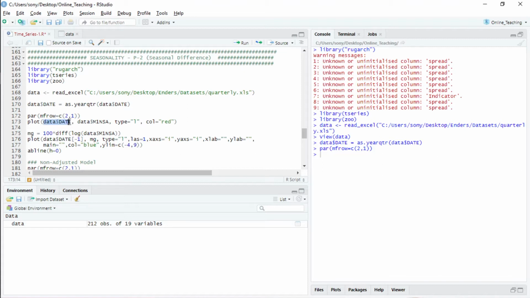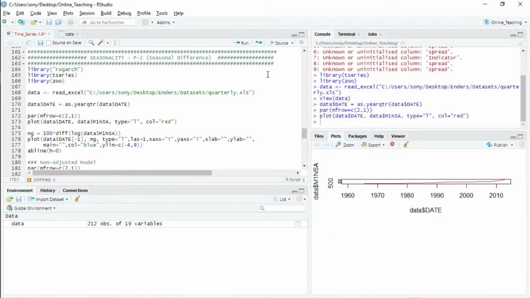In time series data, it is a must that you take the date variable also while plotting, and this is the data, the M1 money supply series we are interested in. So I'm coloring it in red, and I'm putting it in line, not in box or dot format, so that's why it is L. So if I run it now, this is very small.